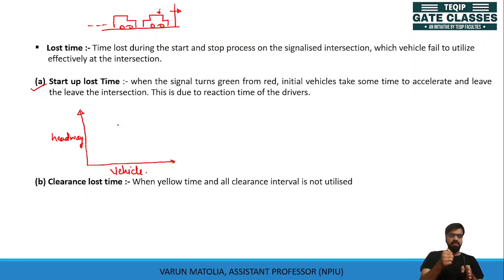Let us start the timer and note when the first vehicle leaves the section, then when the second vehicle leaves the section, then when the third vehicle leaves the section. So we will find that the first vehicle, after the starting of your green window, leaves at a certain time. Let us call this time point t. This is for your vehicle 1. Then vehicle 2 will take a little bit less time as compared to the first vehicle. Vehicle 3 will take comparatively less time. Vehicle 4 again less, but